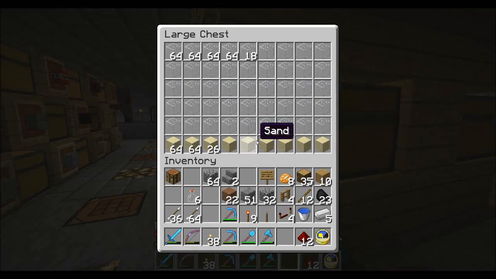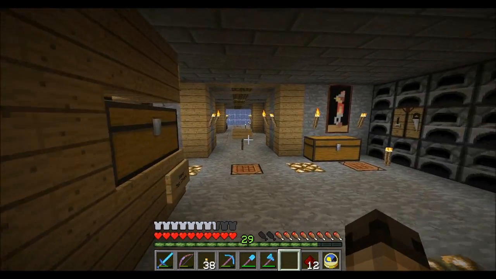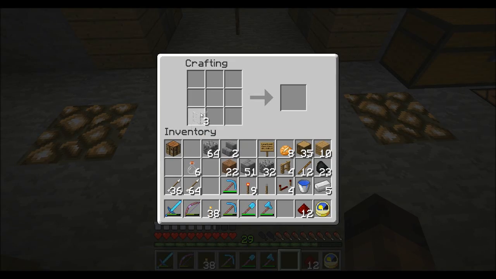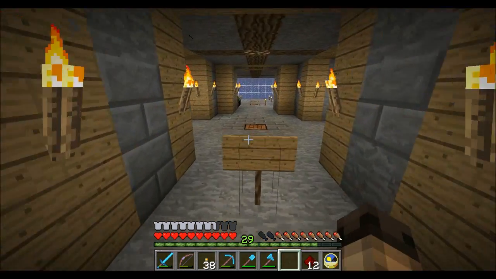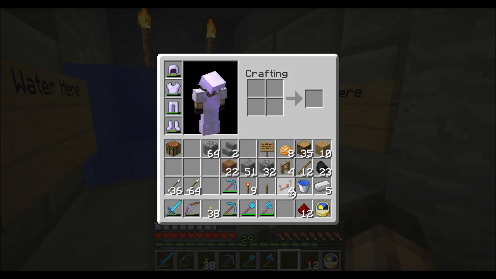It's always nice to have everything in your storage room. 1, 2, 3. That's all I need for now. Alrighty, well, I have my crafting tables everywhere, so it's 3 in like that, and you get 3 glass bottles. Brilliant. And then, as I said before, I thought about having a cauldron, but it's just a lot easier to